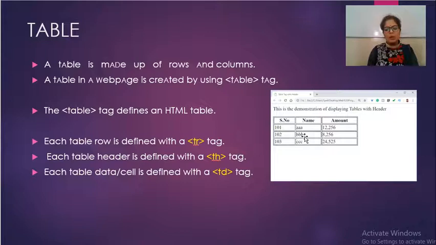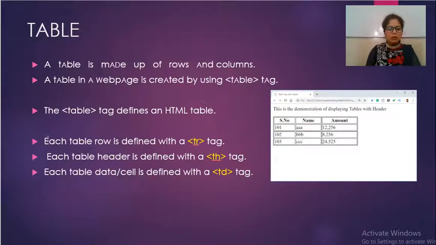HTML provides us the facility of the table tag to create a table. A table in a web page is created by using the table tag. Whenever you have to create a table, you have to use the table tag inside the body tag. The table tag defines the HTML table.